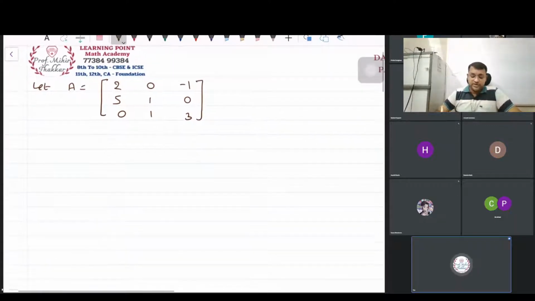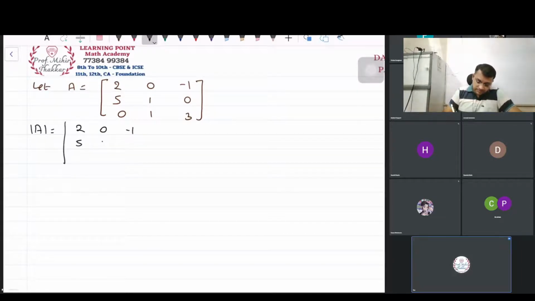Okay, so guys, this is our question based on a 3 by 3 matrix, and we have to find out the inverse of this particular matrix with the help of our elementary transformation method. But the steps do not change. The first step will remain the same. I have to actually find out the determinant of this matrix so that I can identify whether the inverse really exists or it does not exist. So it is determinant of 2, 0, negative 1, 5, 1, 0, 0, 1, and so in this case.